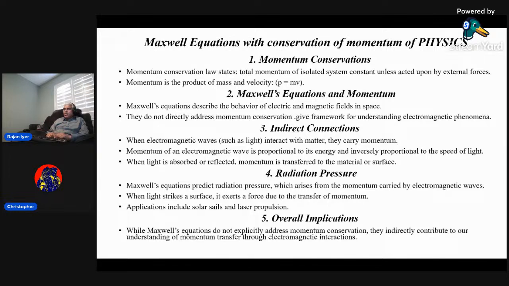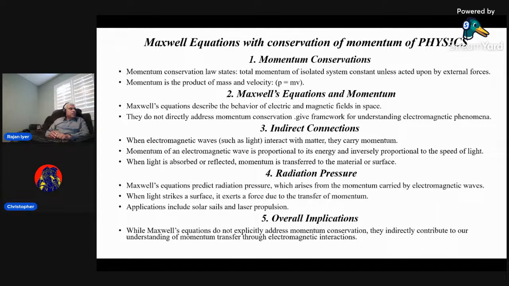So we know the first law of thermodynamics, so far as we know, in our part of the universe, is followed. So there is no problem in energy conservation. But what happens with the momentum conservation? Momentum conservation requires the total momentum of an isolated system to remain constant unless acted upon by external forces. This also follows from the Newtonian laws, the three laws that you know. The first and second laws say that everything keeps moving unless it's acted upon by external forces. So if there's no force, it'll keep maintaining the same state because of the inertia aspects.